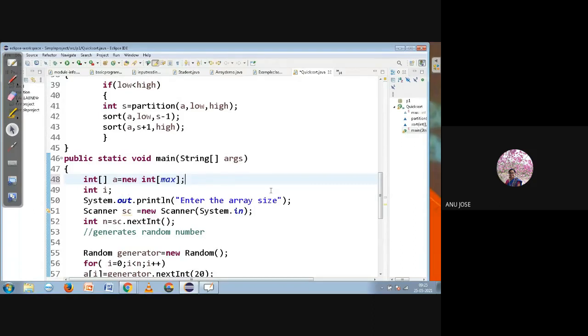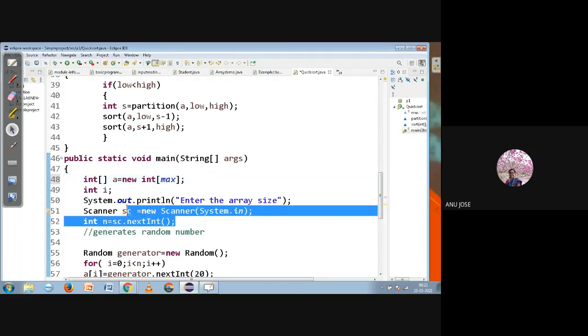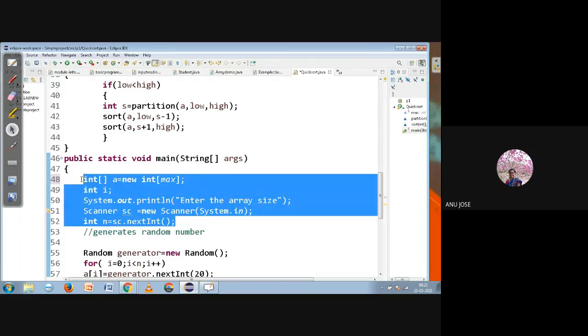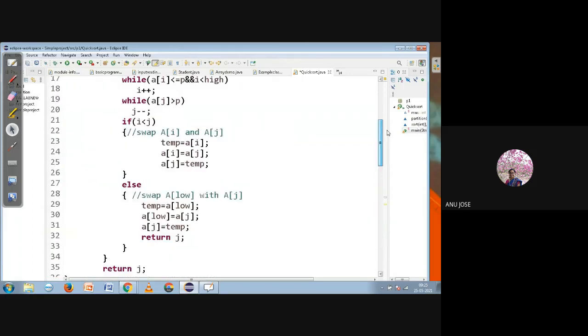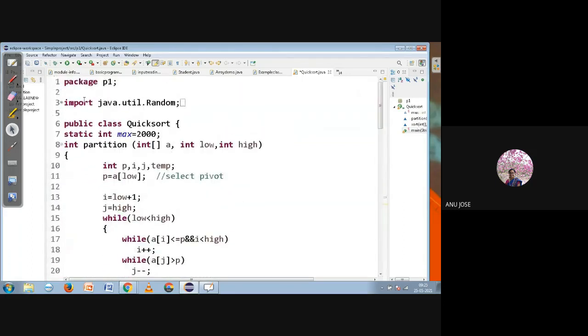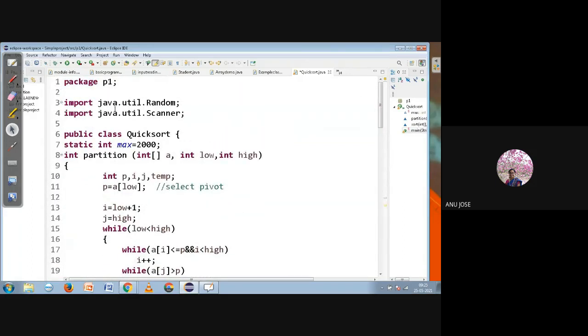Then an integer value, enter the size of the array. That is the input it is reading: how many elements you want to read in the array. Then, as I mentioned, it was asking for a larger value of n, so you can generate random numbers. For generating random numbers we need the Random class, so you need to import it here.